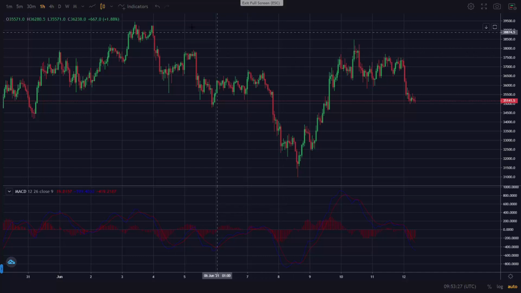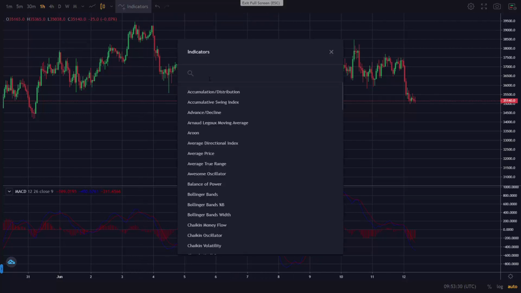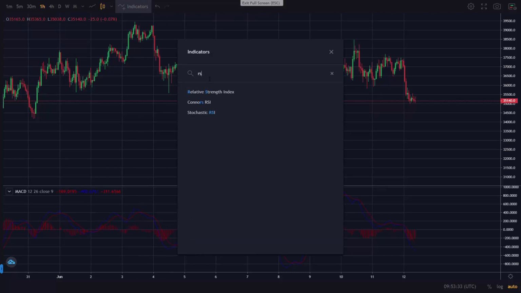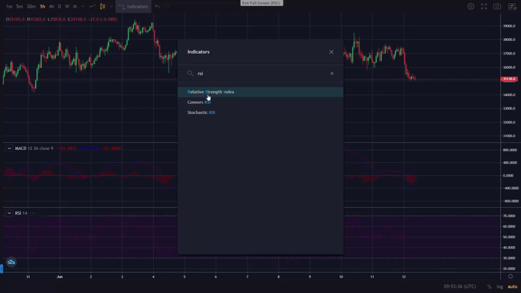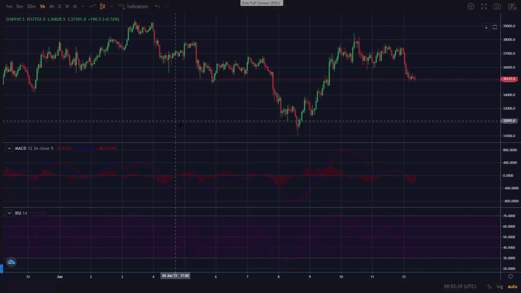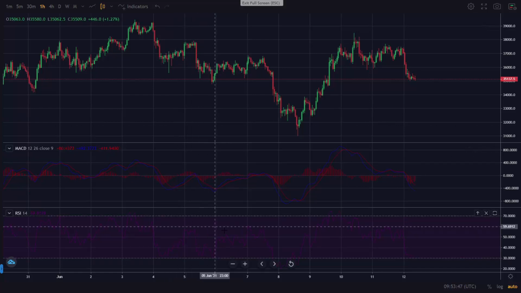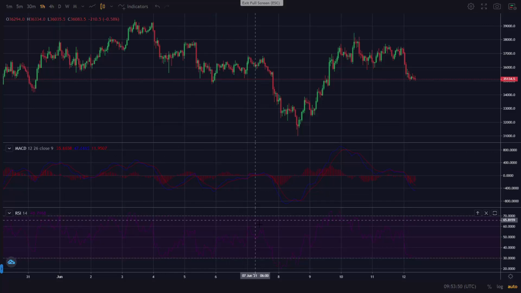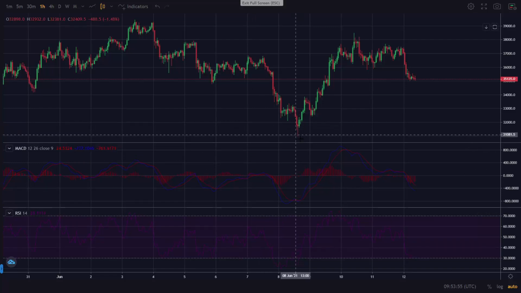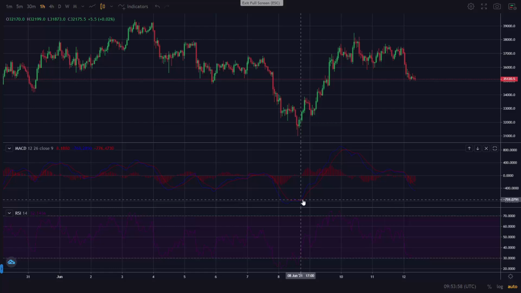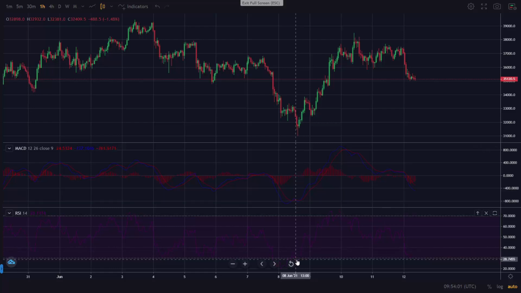The first one I want to show you is if we add a relative strength index indicator, or RSI. As I said earlier, the MACD is mainly used as a trend indicator, and now we've added an RSI, which is used to show overbought or oversold situations. If we combine these two, when we look at this point here, we do see a cross showing that there is going to be an uptrend, and we also see that the RSI is in an oversold area,